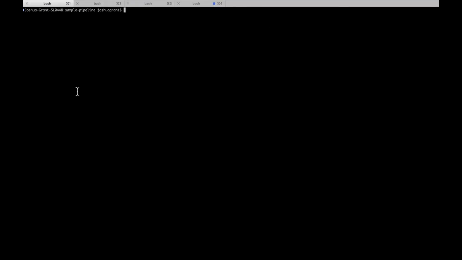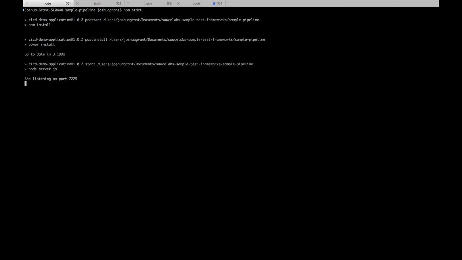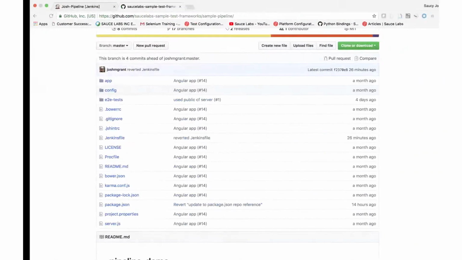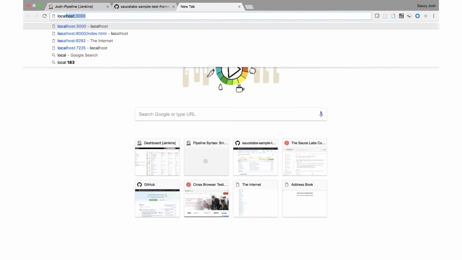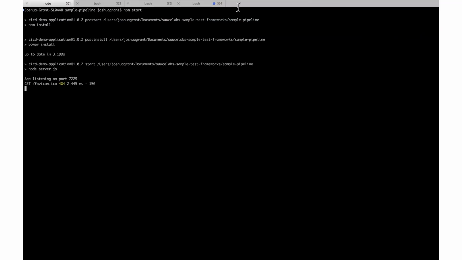So we're going to go here and we're going to run npm start. And the app is now up on my localhost. So let's see what it looks like. This is it. This app contains 2 views to start. Here's a partial view. Here's another partial view. So that all corresponds to